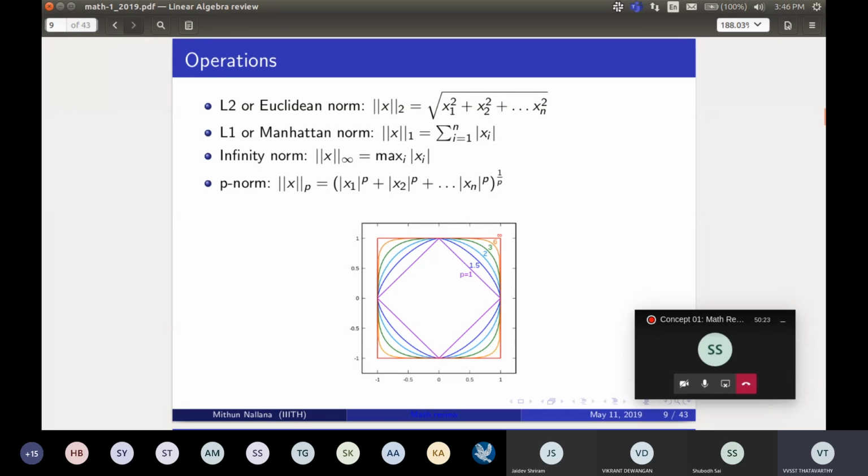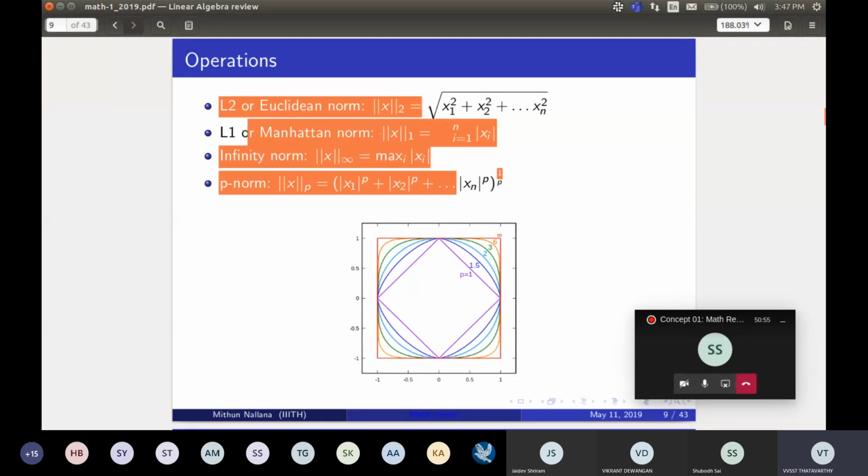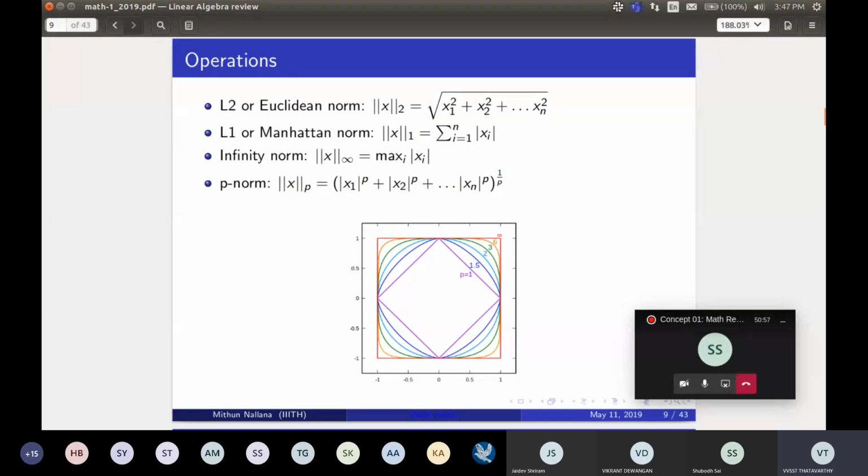What are the properties of each norm? Say you have a unit vector, with x, y as the elements of your vector. Now you say x square plus y square equals 1. Then what is the geometric figure that it represents? It represents a circle. That is clearly visible if you take the L2 norm, it forms a circle here, and then if you take p equals 1, that gives you this L1 norm.